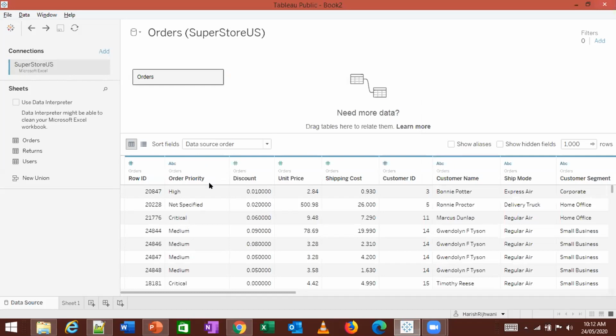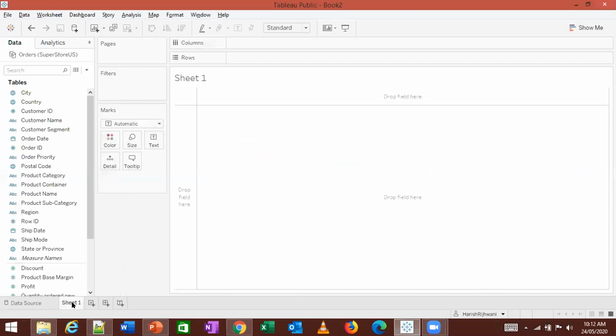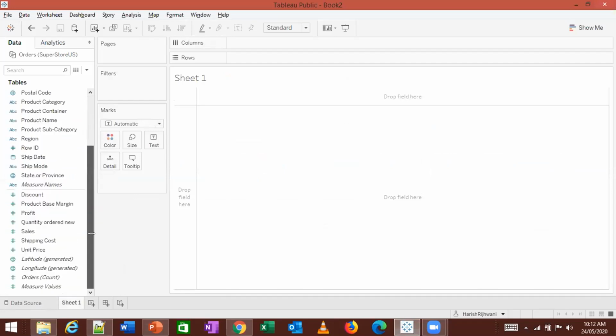So here I'm just going to use this information. Let's look at this information first. There is information related to each customer in this data source, and there is also profit, discount, sales, and all that kind of stuff. And there is also a state over here. So I want you to find out which is the most profitable state.